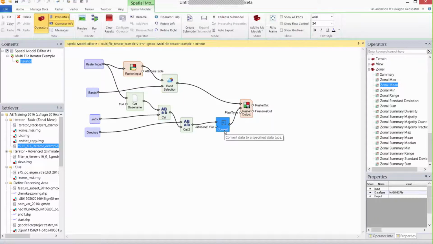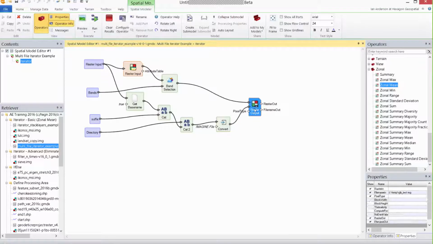So another new operator for 2016 is the convert operator, a very, very useful little operator that converts between data types within the spatial modeler environment. So I can feed this string in to convert, and it will convert to whatever compatible data type I define on the second port. So here I've said I want to convert this string to an imagine.file. That literally takes my string, looks at it and says, yep, that looks like I can convert it to a file name, convert it to that,